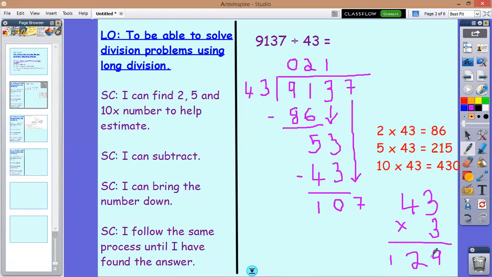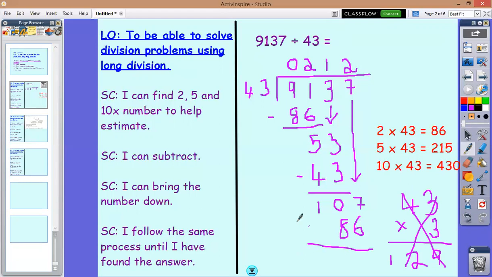Okay, that's too big. But this is why I use the estimation, instead of just random guessing at numbers, oh, that could be 4, it could be 3. Well, I can already see here which numbers are closer to it by using this. Now, that's too large. So I'm just going to cross that out, and I'm going to put 2 here, like that. And I'm going to subtract 86 from this,